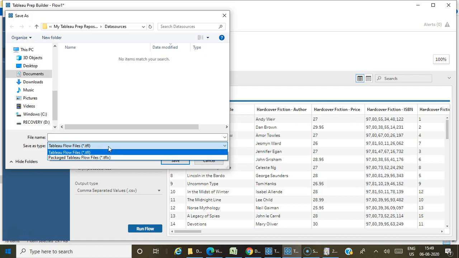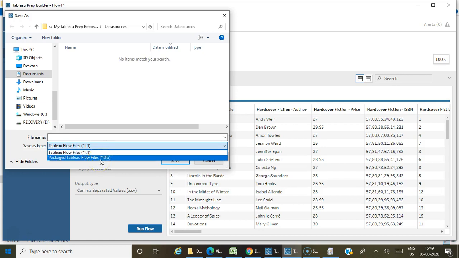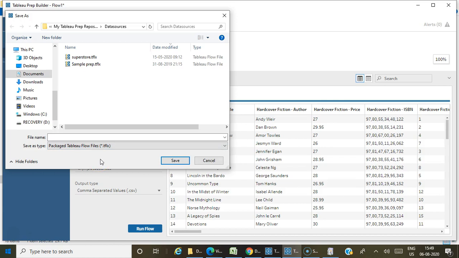In case you are saving the file as a flow file, your data will be missing. Only the metadata information will get stored, your original data source will be missing. When you save it as a packaged TFLX file, the data will also be included as part of your flow file.